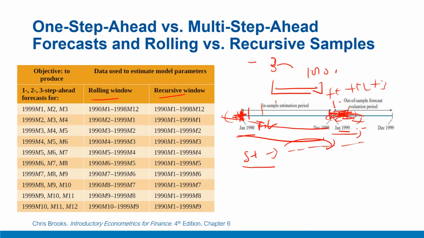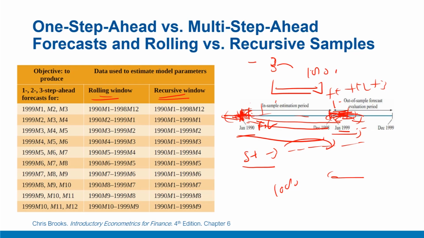Both these approaches have a trade-off. For example, with the recursive window, the benefit is that your in-sample period becomes larger, but at the same time, the previous values that are still not taken away from the sample may not be in sync with the current market conditions. They may be more stale, and therefore some of the very old values may not be up to date and may not give me the correct picture. While with the rolling window, we limit our sample size to, in this case, 180 or a certain number, but at the same time, as we move ahead, we keep on excluding historical values so that our sample on which we are training the model is more in sync with the current market conditions.